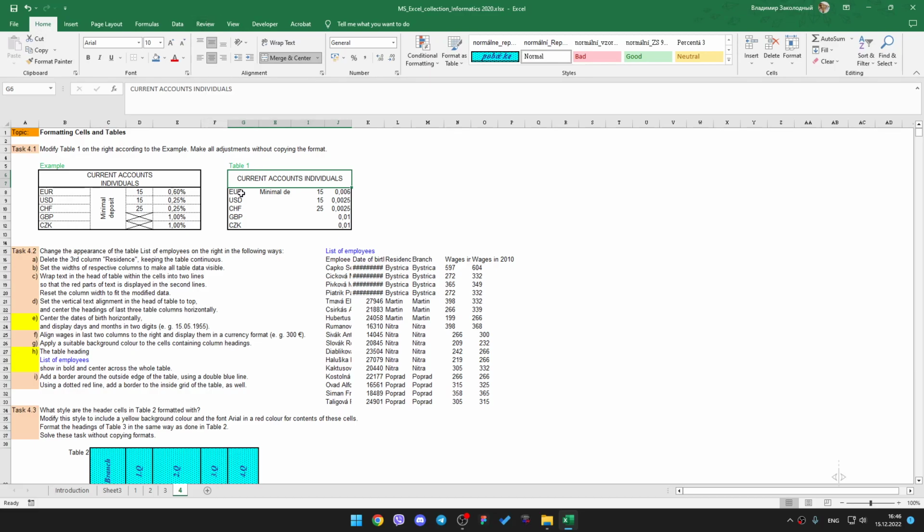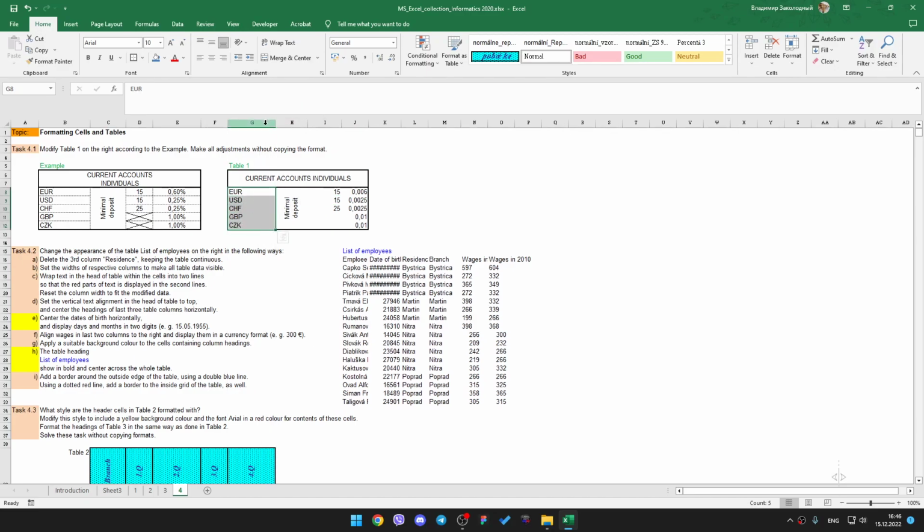And then let's make this one cell. Let's turn this text and make it vertical. And we can also choose wrap text, so it will be wrapped to words. We can also add borders there, and we can make this cell wider, and to add some borders